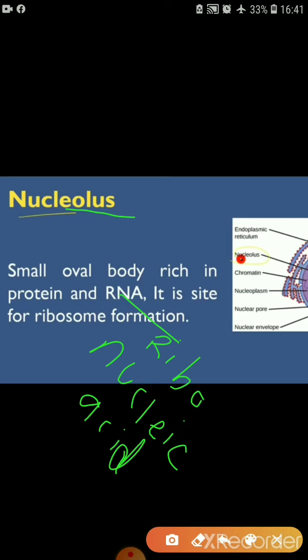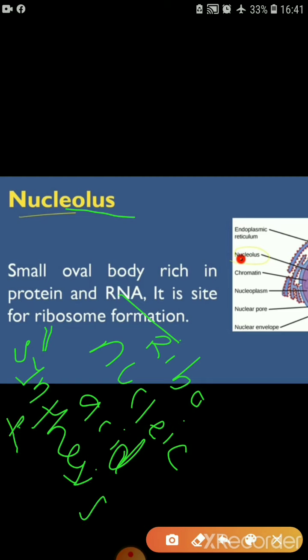Here another term is there, that is ribosome. So what is meant by ribosome? Ribosomes are having genetic material, right? So what is the function of the ribosome? Again, ribosomes are here for the survival of the nucleus. It can synthesize something for the cell, or we can say it can remove harmful material from the cell, helping the nucleus, isn't it?